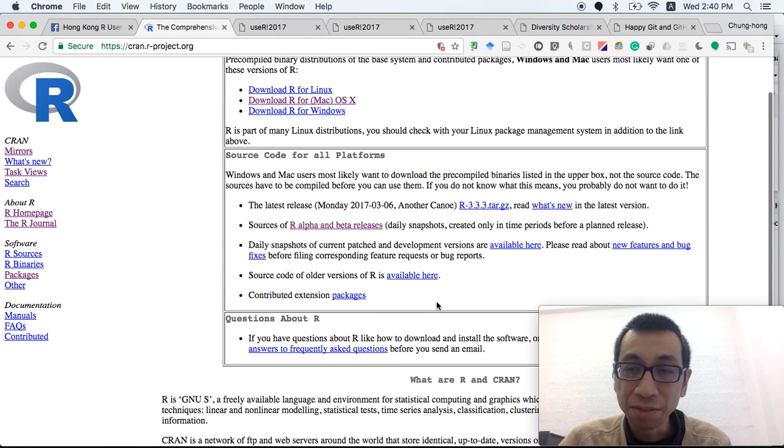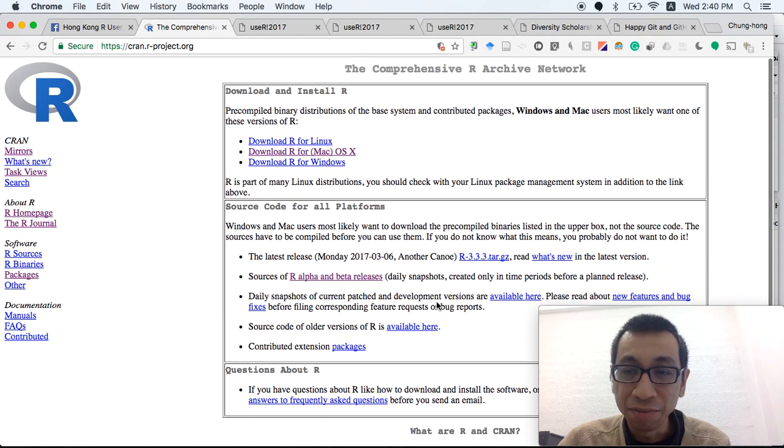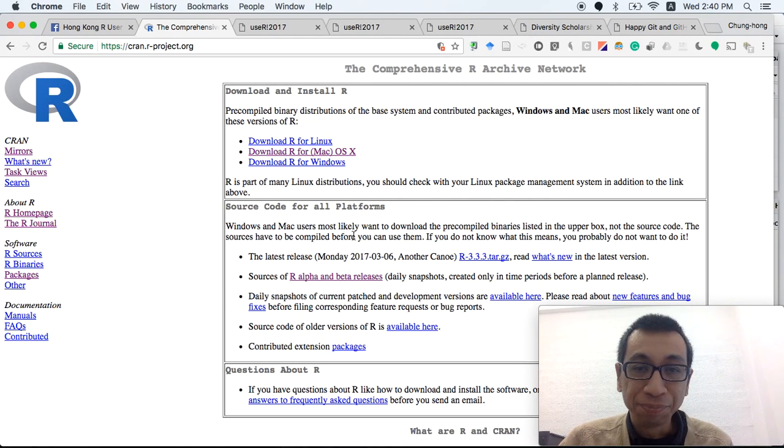As said by CRAN, if there is no major bug in 3.3.3, this will be the last in the series, and the next version will be 3.4. CRAN said it will be released later this year, probably in the fourth quarter of 2017.